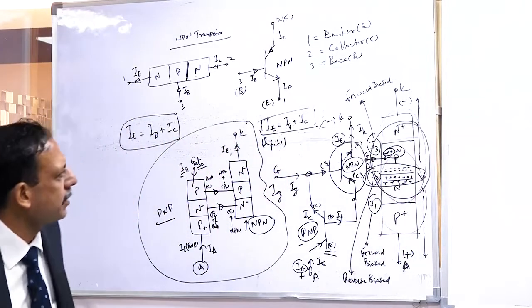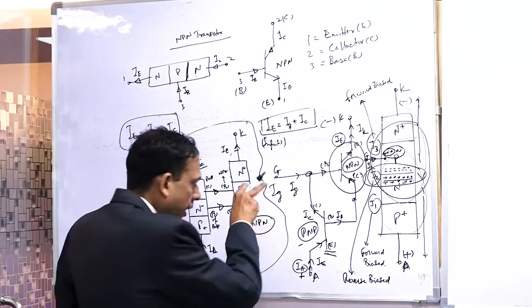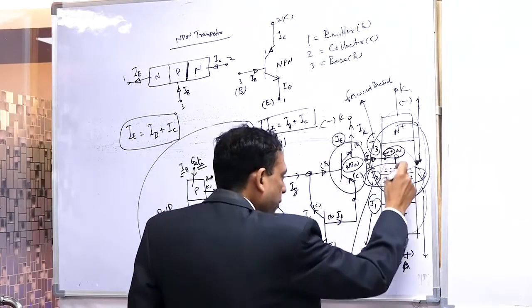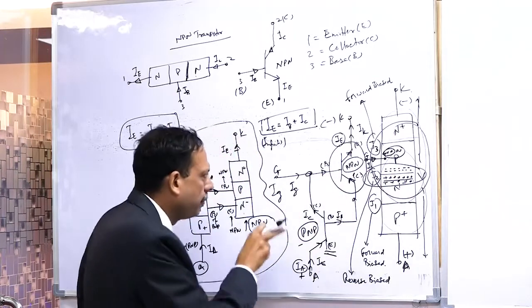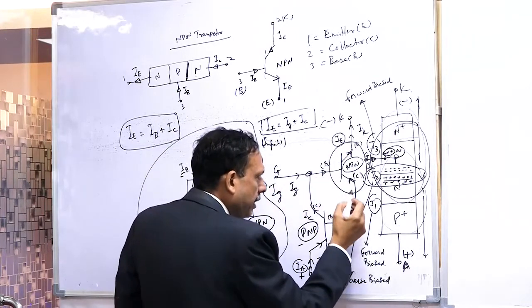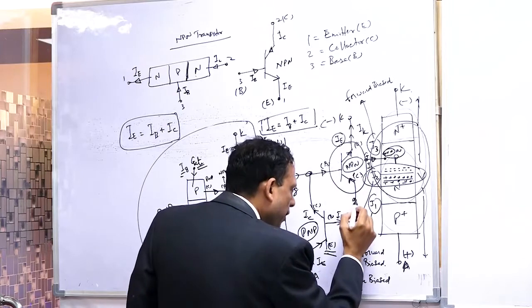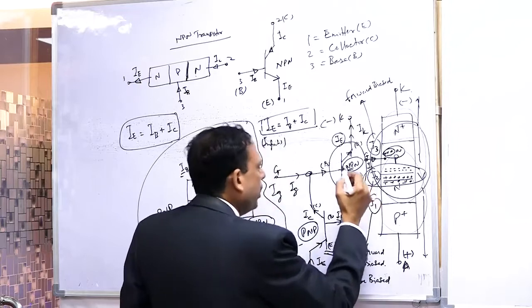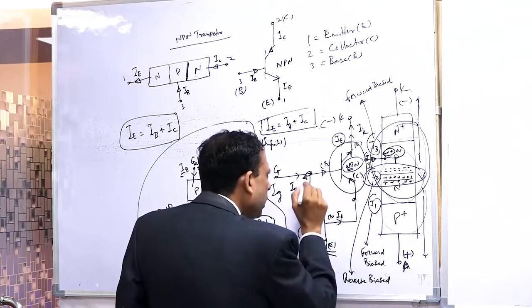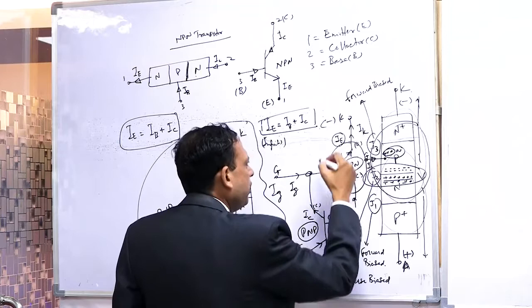What will happen if it starts conducting? If the gate is put, this NPN starts conducting, that we have seen. If the conduction takes place, the current is going here. This conduction means the current will be flowing like this. In this NPN, the collector current will start flowing. Short means this current will go, this current will go, and finally this starts conducting.